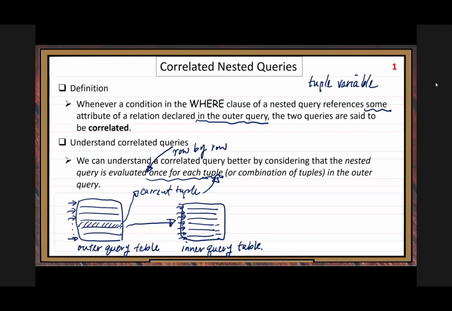The way, okay? Here I try to use two different terms to separate inner query and outer query. This tuple, we refer to as the outer query tuple. For the inner query, I use "row by row." And when you evaluate the inner query row by row, you fix